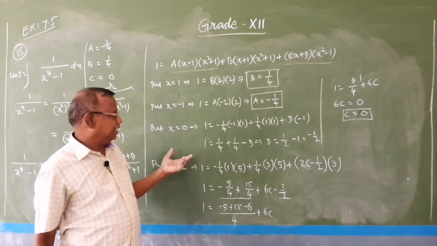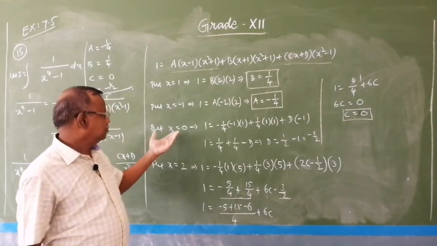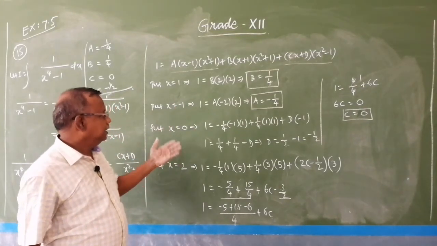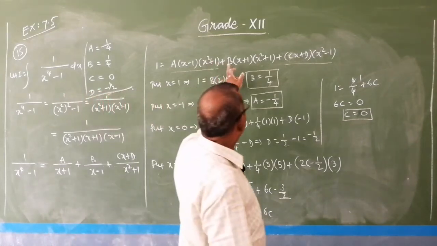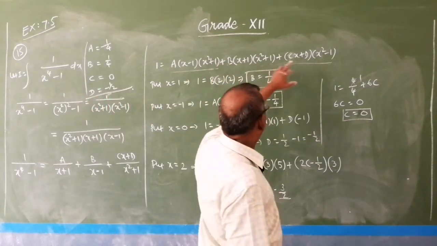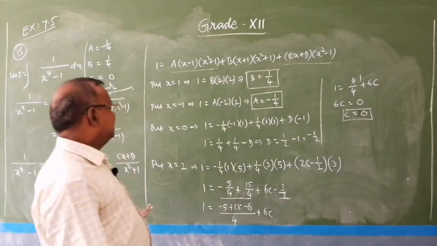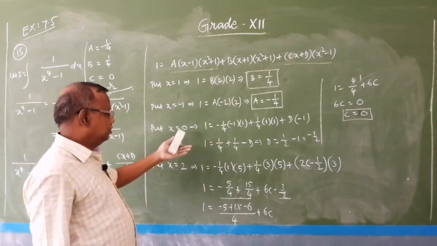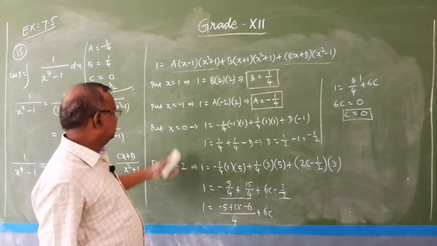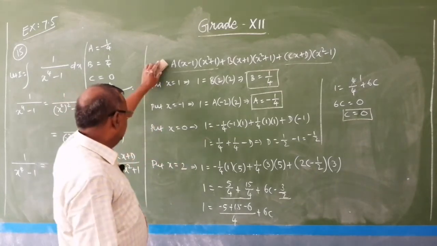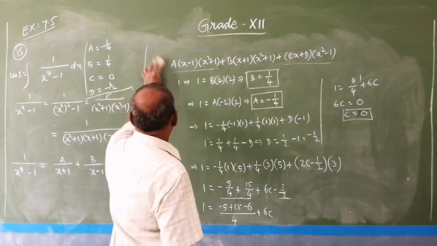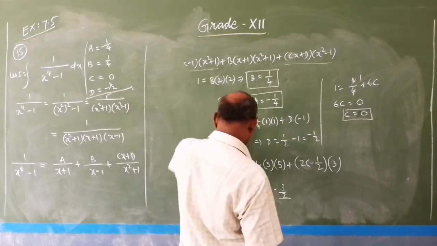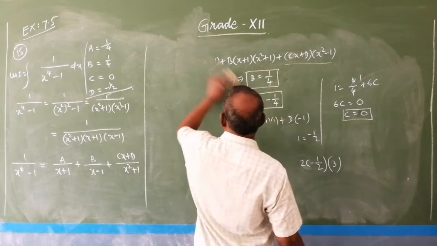Now look here, we have used one method. There are two methods of finding a, b, c, d. One is substituting some values for x in order to eliminate the constants and find the values of a, b, c, d, and another method is equating the coefficients of x cube, x square, x, and the constant term. So I used the substituting method. So look at this, using this we can rewrite the given integrand like